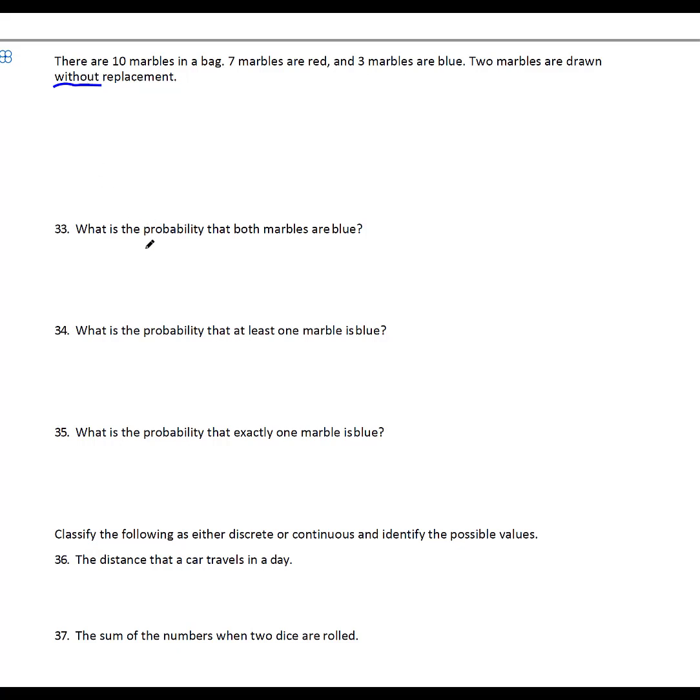Well, to get a marble that's blue in the first draw, you have a 3 out of 10 chance. And to draw a second one, now without replacement, there's only 9 marbles in there. And if we drew 1 blue one to begin with, we only have 2 blue left. So you're taking 3 over 10 times 2 over 9. And if you do that, let's use